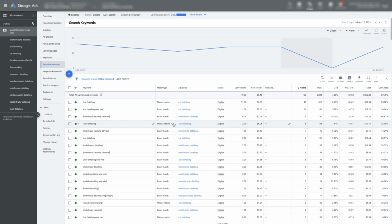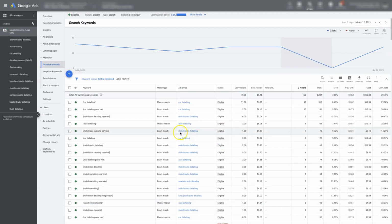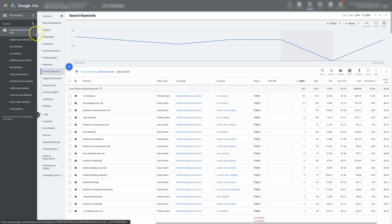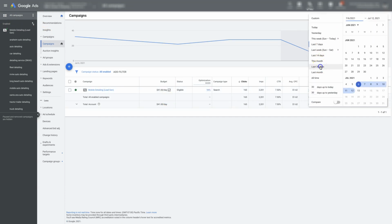In the landing page copy, the hook is to get pricing. So that's the major hook on the page, to call for pricing, stuff like that. And that's really pretty much it. And this guy's rocking and rolling, getting a lot of leads. And the longer this runs, the longer he's going to get dialed in, and the more leads he's going to get. So if we go to less, so that's the 7 days, less 30 days,